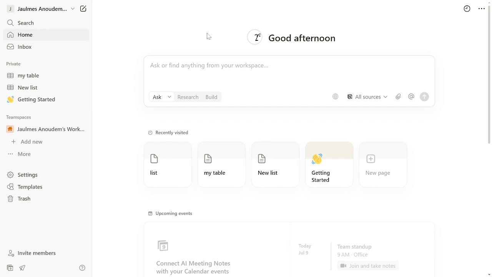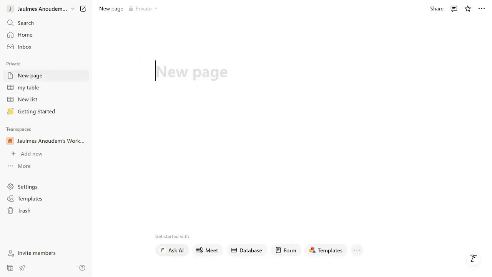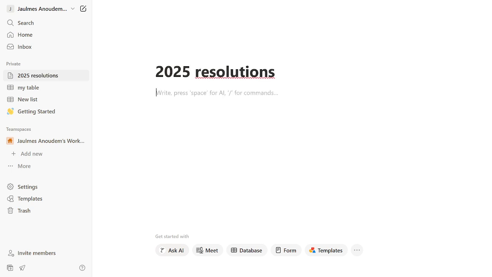Today we're diving right into using Notion to plan and track your New Year's resolutions for 2025. First off, open Notion and create a new page titled 2025 Resolutions. This is where all the magic will happen. Having a dedicated page keeps everything organized and in one place, making it easier for you to track your progress